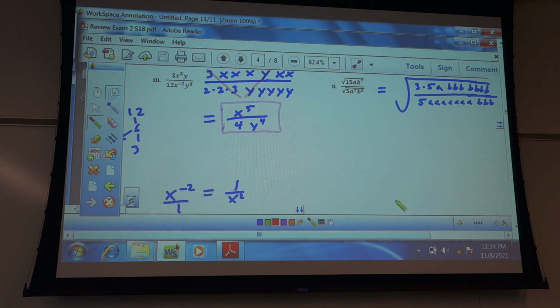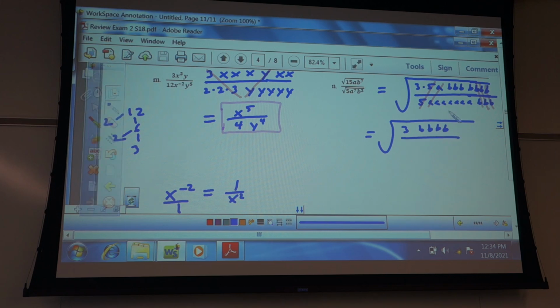All right, so now I need to figure out what I can cancel out. So this b over b is just another form of 1, and that b over b is just another form of 1, and then I have a over a here, and 5 over 5 there. So now I've got 3 b, b, b, b on top, and at the bottom I have a, a, a,